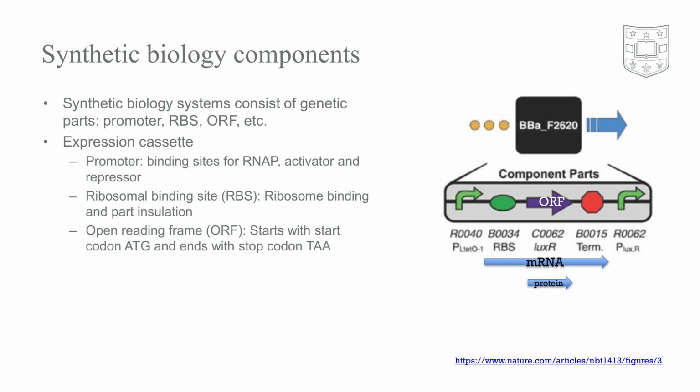The ribosomal binding site, or RBS, facilitates the attachment of ribosomes to the messenger RNA, ensuring proper translation. Finally, the open reading frame, or ORF, contains the coding sequence starting with the start codon ATG and ending with a stop codon like TAA. These modular parts can be engineered and combined to achieve precise control over gene expression, enabling synthetic biology to tackle